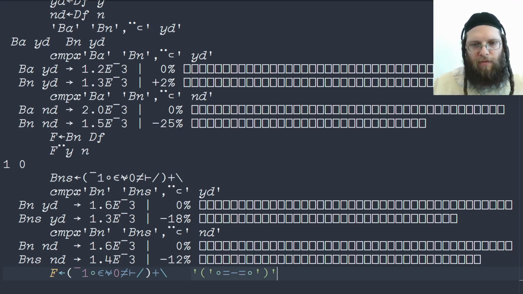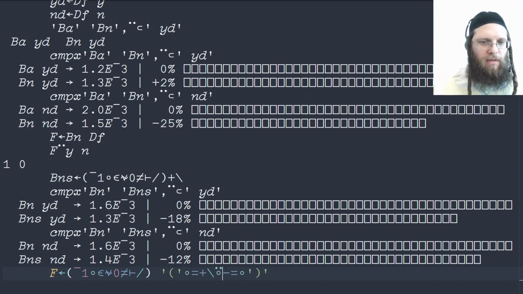We want to apply this function, which is a fork, and then we want to apply this function, which is an atop. And this gives us, so to say, 3 parts. It would be a fork, and we would call this dyadically the scan. That's not what we want. But we can fix this by taking the scan and moving it to be in the atop on top of the